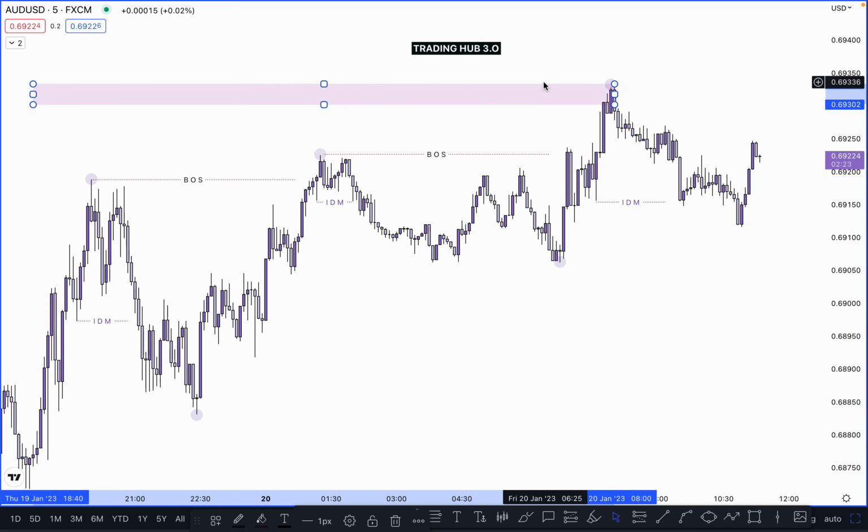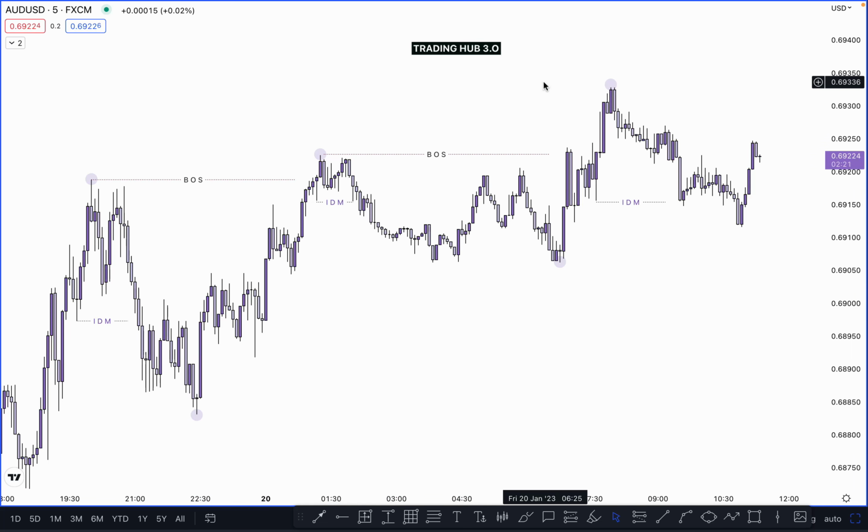If not tap on your PY zone and market continue going higher high, then this one is our inducement. Okay, so this one is our first scenario when we can identify CHoCH and inducement. And the second possible scenario is here. So what is the next step and where is our next CHoCH?